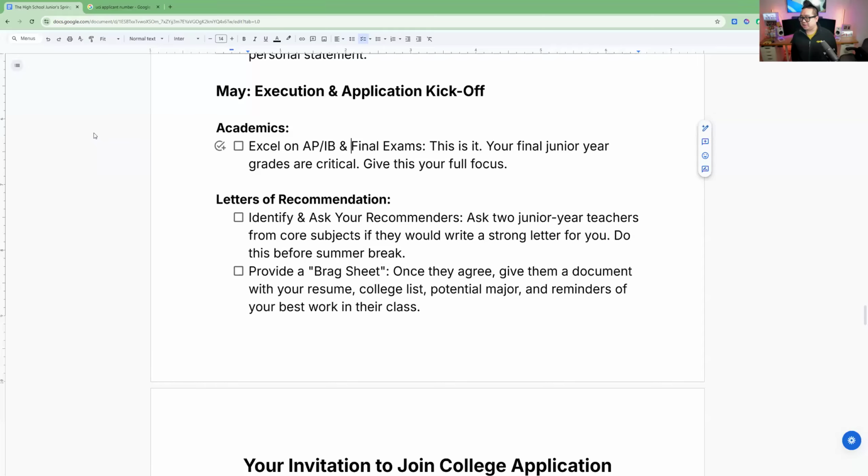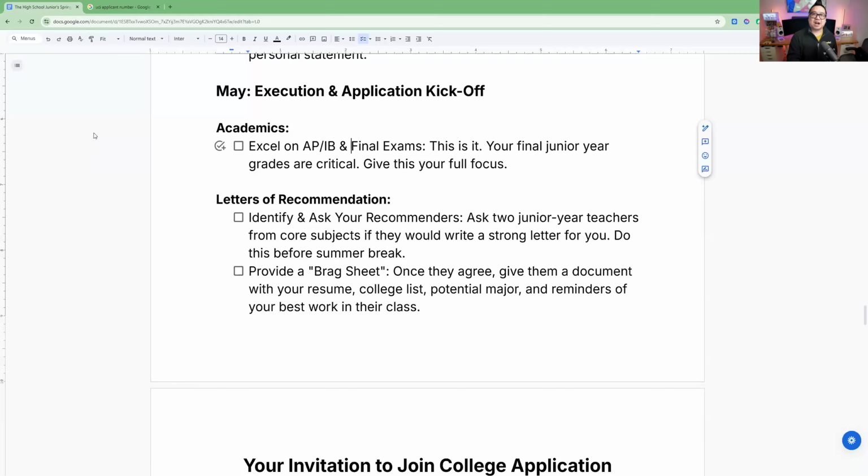Someone says here about another GPA question in the chat. There are 4 GPAs for them. What's the difference between them? What do the UCs care about the most? So as a UC reader, a former reader myself, we see the UC GPA on your transcript or on the report. What's the UC GPA? It's A through G courses only, so not electives or anything else. Only A through G between summer after 9th and summer after 11th, with a 4-point cap in 10th grade and 8-point cap in 10th and 11th grade. What does that mean? That means if you took, let's say,